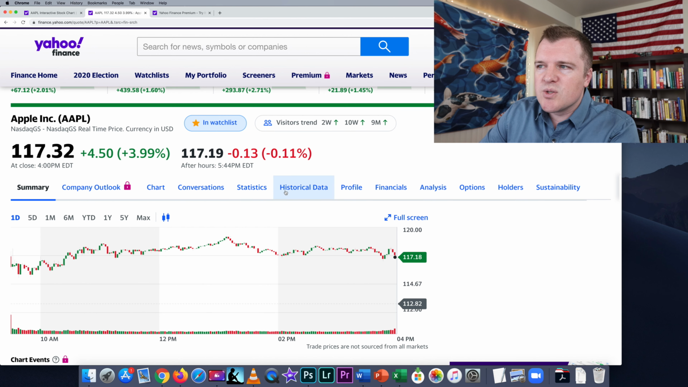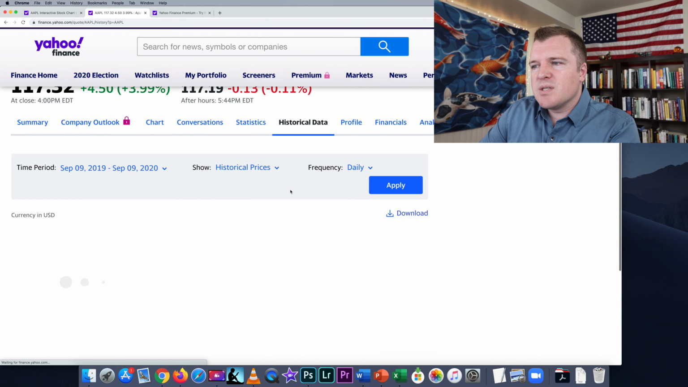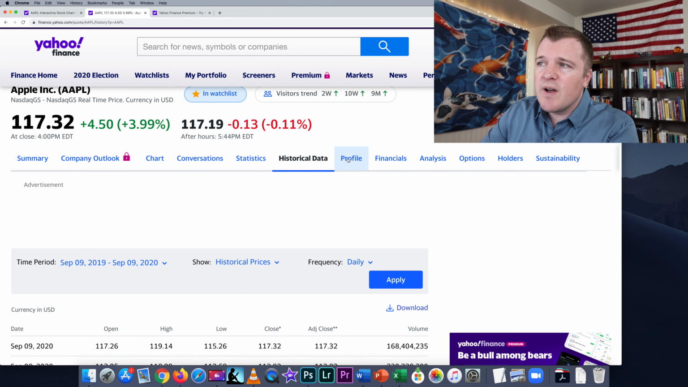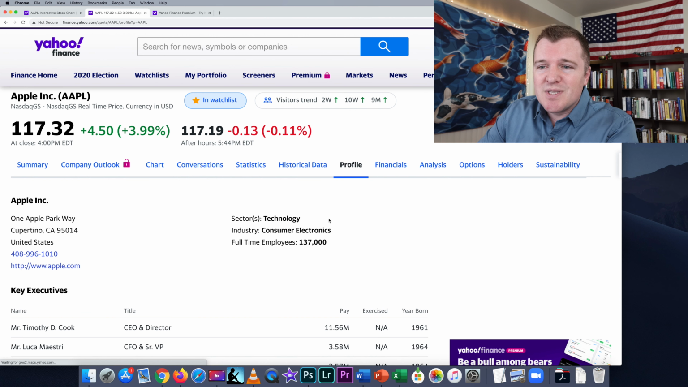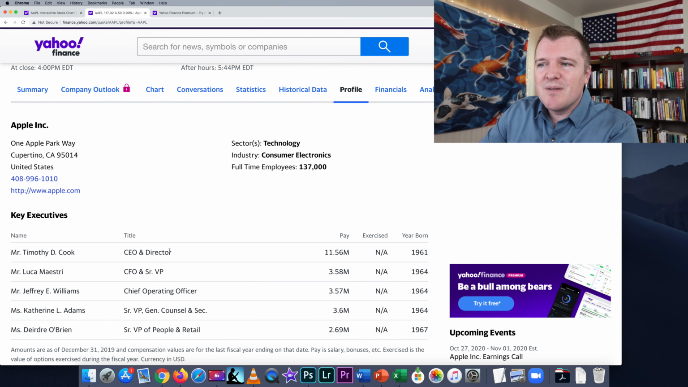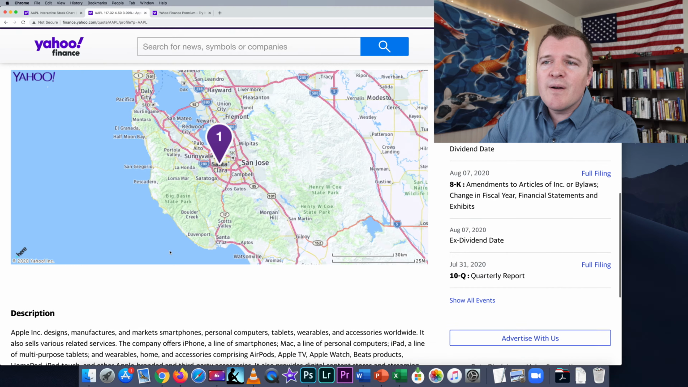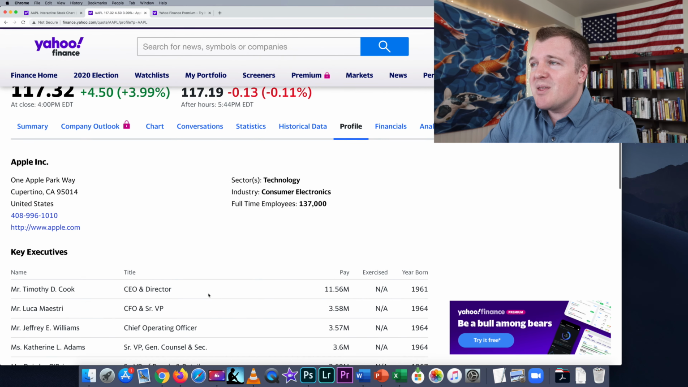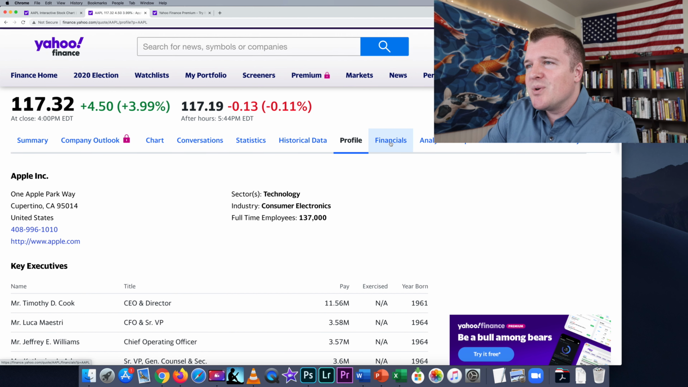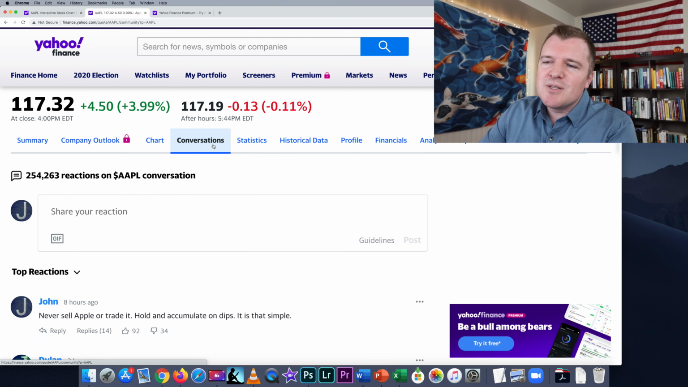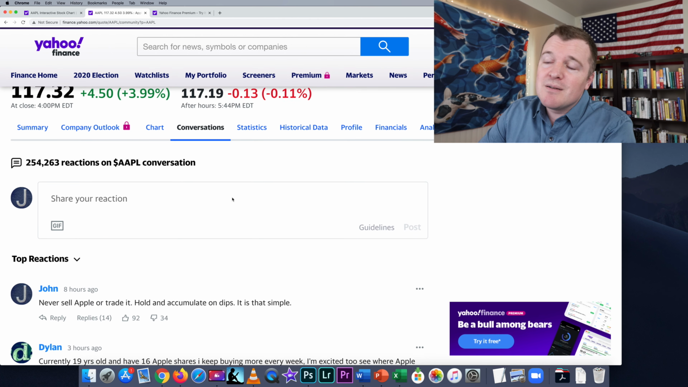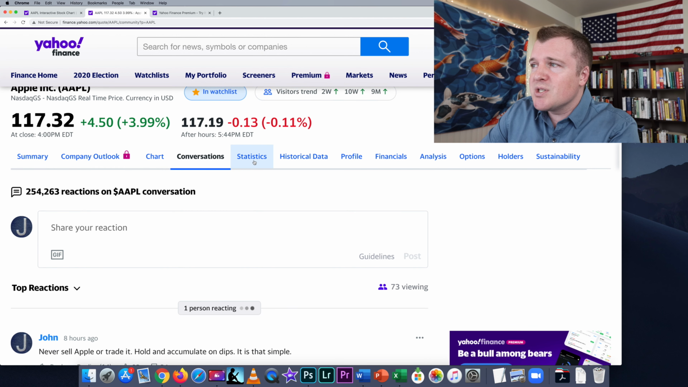We can look at historical data, and this will give us share price, ex-dividend dates. We can click on profile, and for any company, this will tell you who the CEO is. It'll give you where their headquarters are, a brief description of what that company does. So if you just don't know anything about it, you can research a company. Conversations, I think this is like a message board. I wouldn't value this. So it's up to you if you like jumping on message boards, asking questions, seeing what